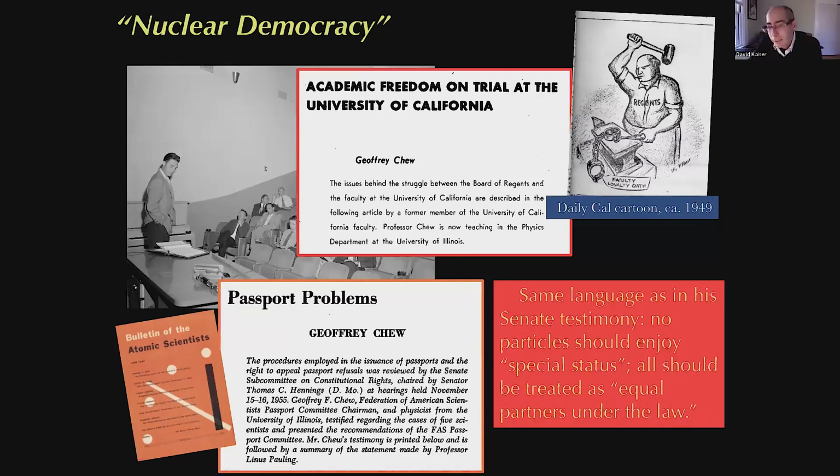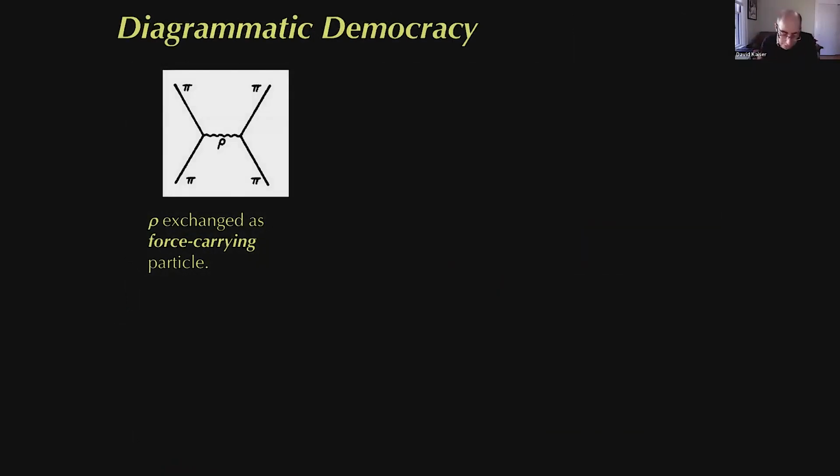He was immediately hired at the University of Illinois, Urbana-Champaign. And he got more and more involved with political efforts on behalf of similar physics groups. He testified before the US Congress and so on. What's interesting is if you go through his testimony and his op-eds and his other publications from this period, you see that same language recur about a kind of democratic treatment. No one and no nuclear particle deserves special status. They should all be treated as equal partners under the law. I write more about that in the essay, but that's the gist. He's using this language of treat everyone the same in a lot of domains around the same time.